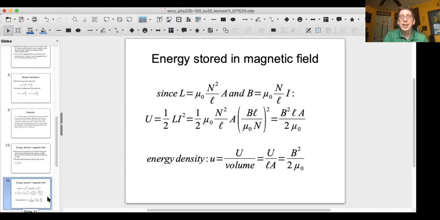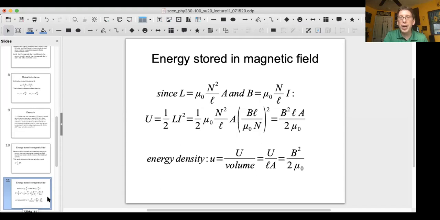It's mu naught times n squared over script L times A, the cross-sectional area. And B, the magnetic field inside the solenoid or inside the inductor is mu naught times n over script L times I. So you plug those in, and what you get is U is equal to 1/2 times Li squared,